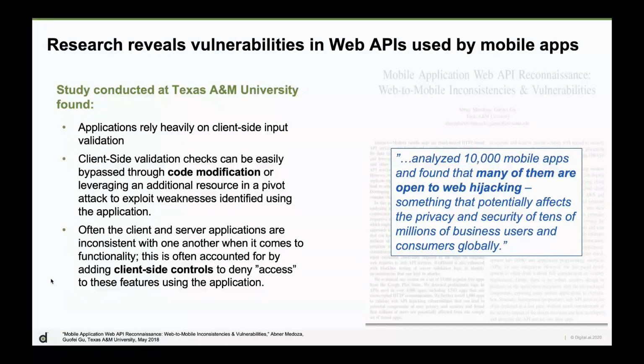And since mobile applications are so easy for an attacker to get their hands on, it's really not that terribly difficult to reverse engineer the application and look for those API calls. So in this use case, a client might use some type of input validation, be it the name, some other easily reverse engineered field that's pulled out of the application